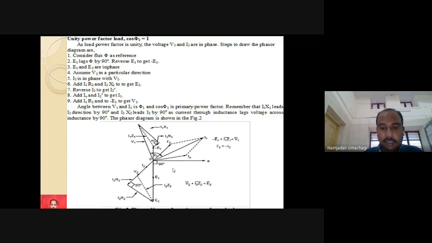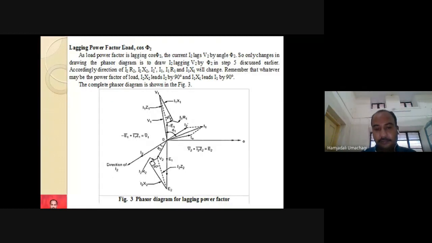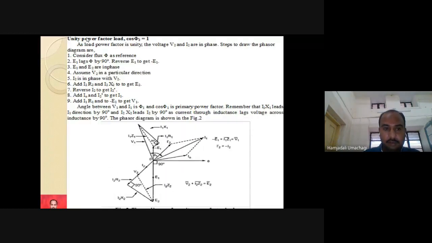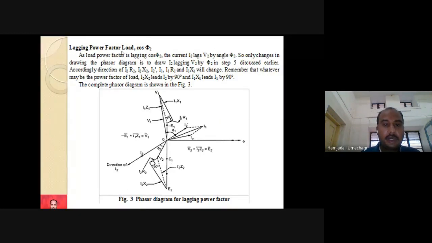And this is the phasor diagram for which type of load? Case 1, resistive load. Then how will your phasor diagram look for an inductive load? Here, directly write case 1, phasor diagram for resistive load. Directly you can draw this one. Don't write all these steps; this is just for your reference. Similarly, then you go for case 2, inductive load, and you can draw this diagram.